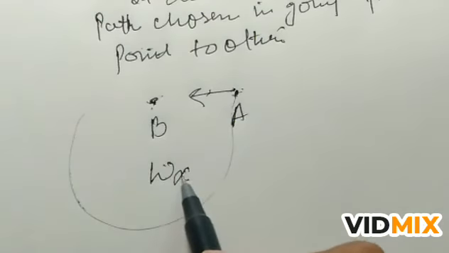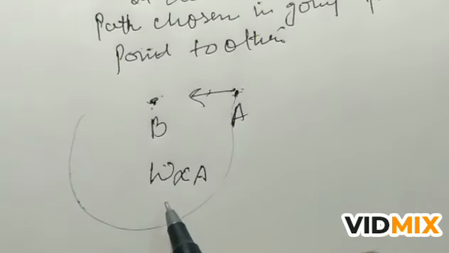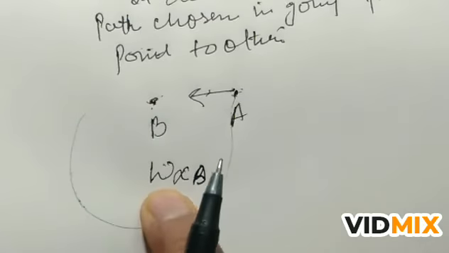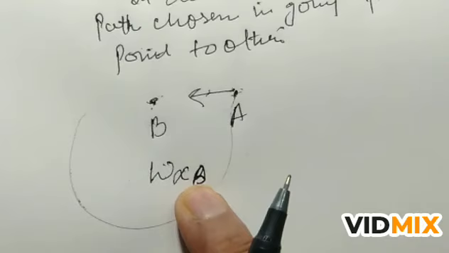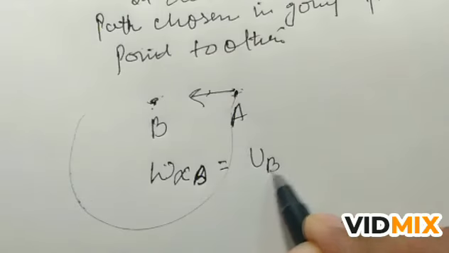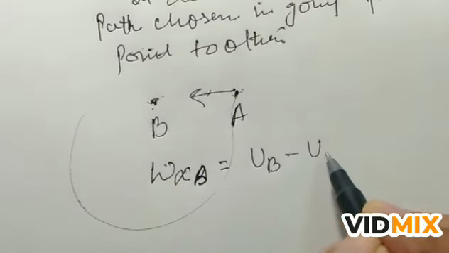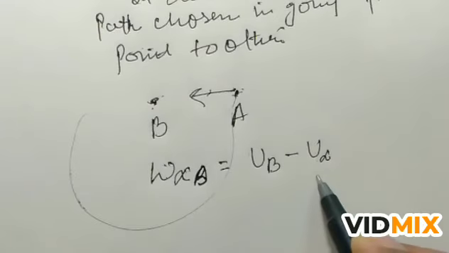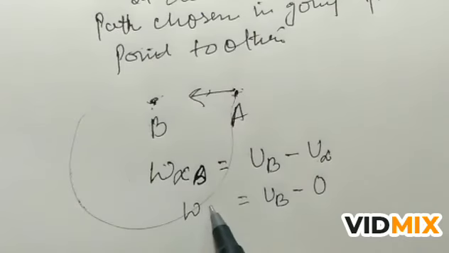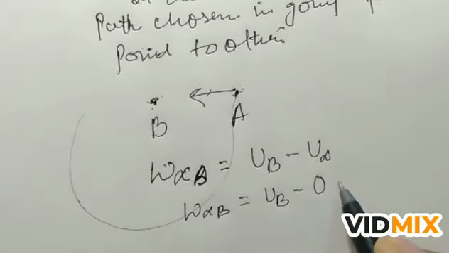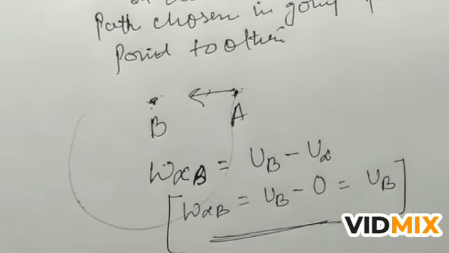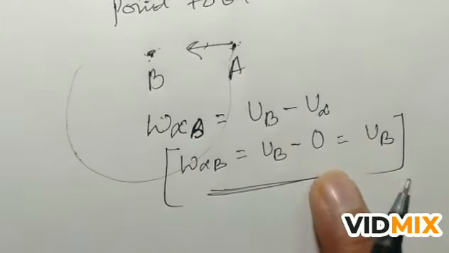So when the charge is brought from infinity to any point A or any point B, initially we take the charge at infinity and bring the charge to the point B in the field. It will be equal to the difference of energy at B and the energy at infinity. At infinity the energy is 0. So UB minus 0 is equal to the work done from infinity to B, and that is equal to U. So this is the potential energy of the point B.